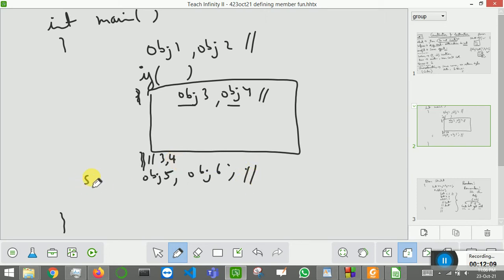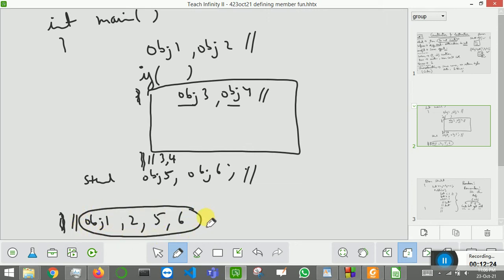Here I am creating two new objects, student, object 5, object 6. Now when the main function finishes, objects 1, 2, 5 and 6, these four objects, will be destroyed. So you have to remember that whenever there is a local block, the objects will be destroyed when that local block is over.